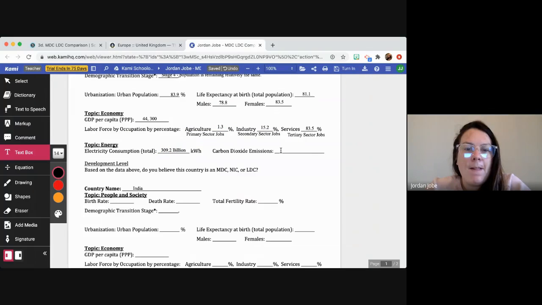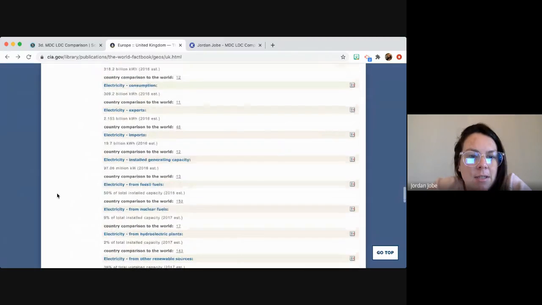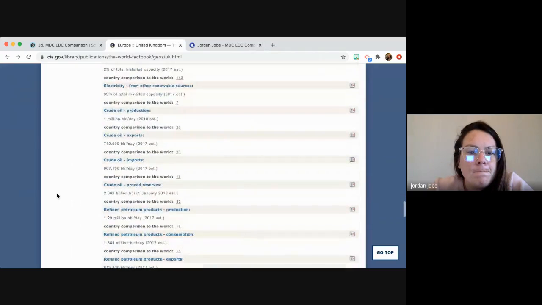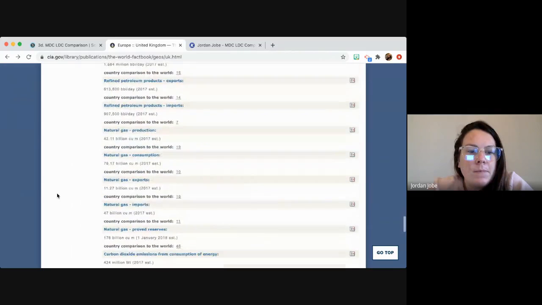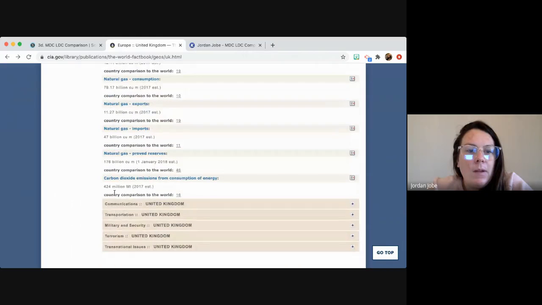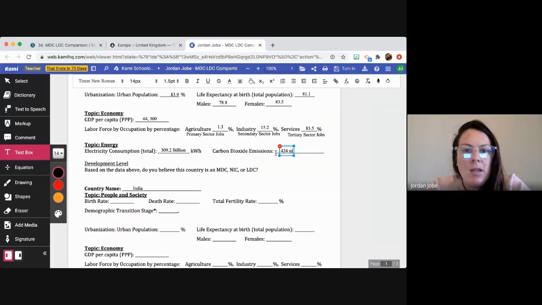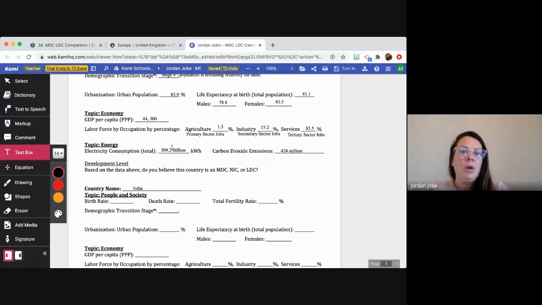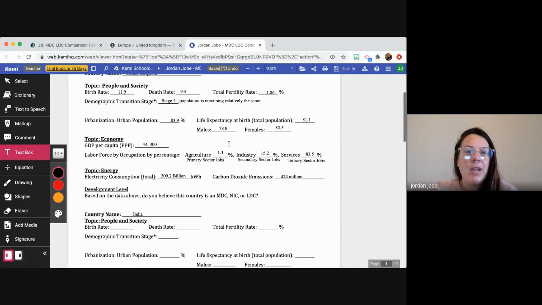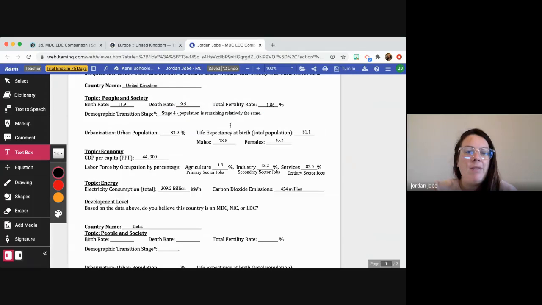And then we're going to take a look at carbon dioxide emissions. 424 million. So the higher your development in your country, the more electricity consumption and the higher your carbon dioxide emission is going to be. So then, based on looking at this data, do we believe that the United Kingdom